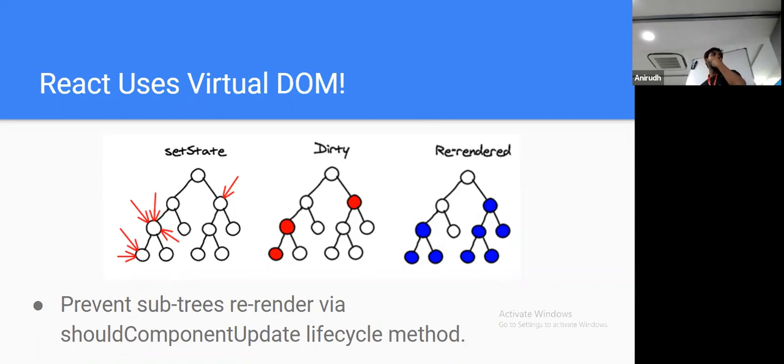But the issue is here. Suppose the parent element has got changes, even the child elements would get re-rendered, right? To fix that issue, you can implement the shouldComponentUpdate lifecycle method, and inside that you can have the logic to compare the two sets of data and check whether the data actually needs a re-render for that component. That you can do with the shouldComponentUpdate lifecycle.